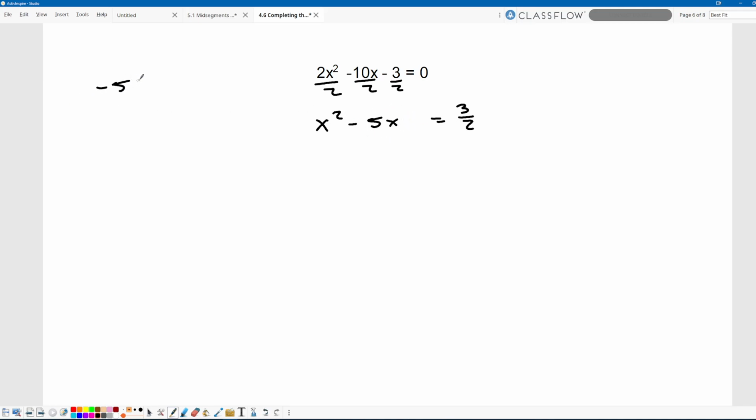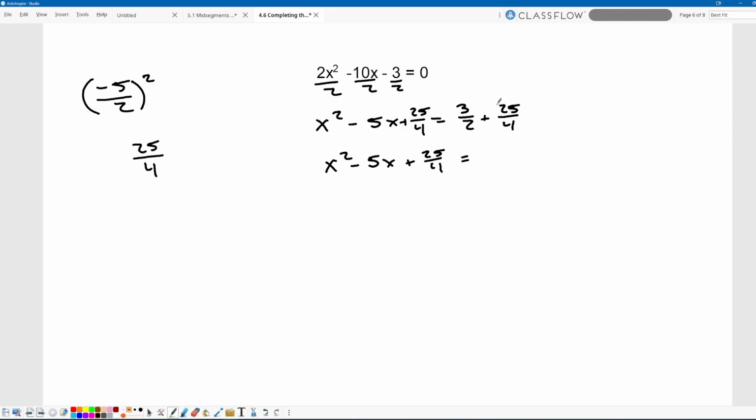So we take a negative 5 divided by 2, and then we're going to square that. I'm going to leave this as a fraction because it's easier for me to deal with as a fraction. Because you get negative 5 times negative 5, which is a positive 25. 2 times 2 is 4, so I need to add 25 fourths to both sides of my equation. So you end up getting x squared minus 5x plus 25 fourths is equal to